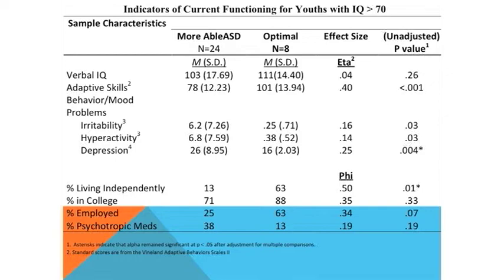And then if you look at these kids, they were 19 when we saw them. So many of them were in college, actually. I think all of the very positive group were in college. So not living independently is not a terrible thing because they were living at home and going to college. But you can see that 63% of the very positive group was actually living independently at school compared to 13% of the more able. 88% were in college. Many of the kids also had part-time jobs, and they were less likely to be taking medication.